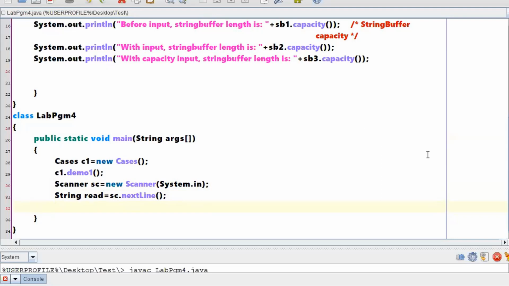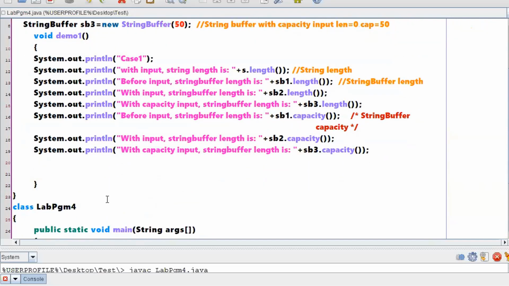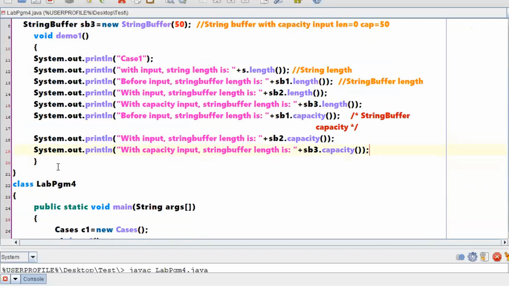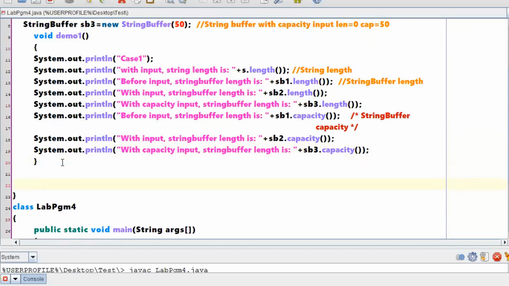Now I have to define one more method which will perform a reverse of this input. This method has to take the input you have read, calculate the reverse of it, and return it.